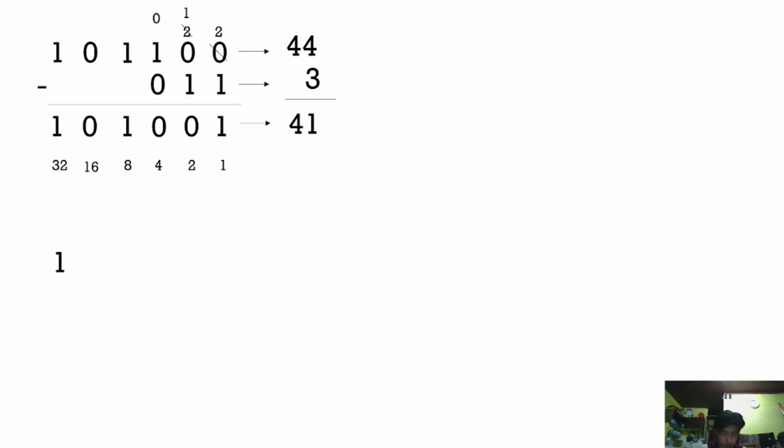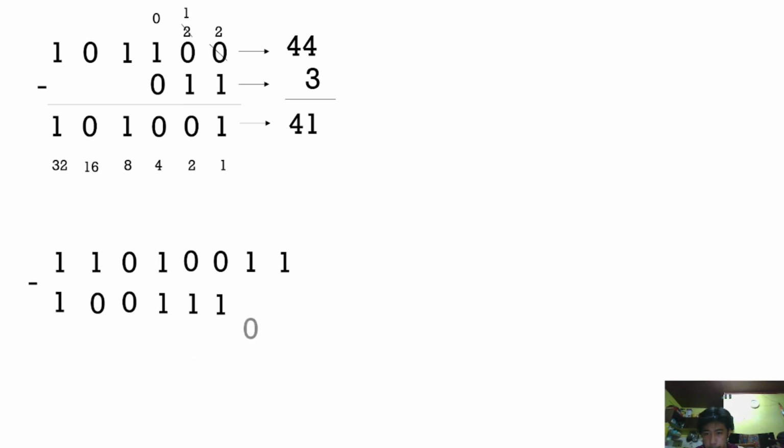So the next example. The first given is 11010011 minus 100 11100. So the solution here is 1 minus 0 equals 1. 1 minus 0 equals 1. So you see that there are two zeros ahead of the 1. To calculate it,